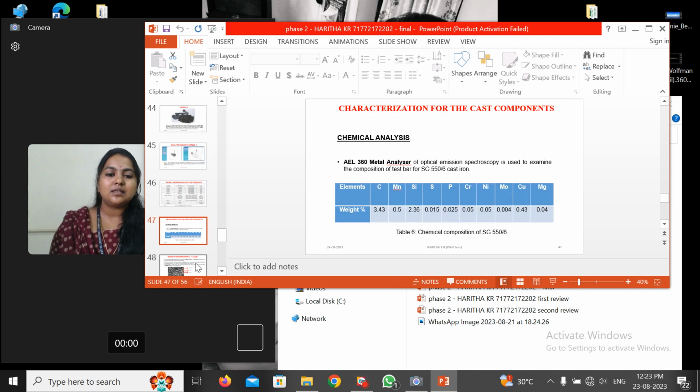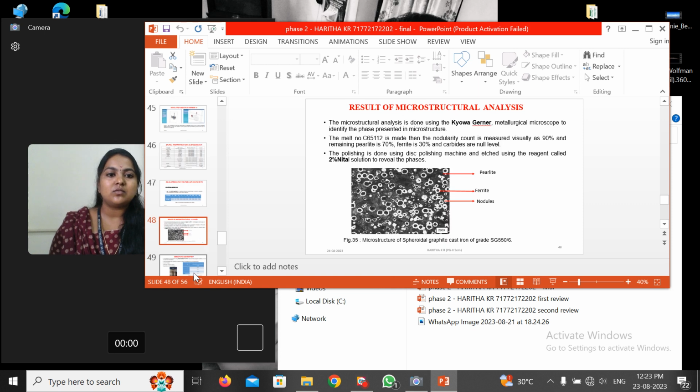Then this is about chemical analyzing. The AL360 metal analyzer for optical emission spectroscopy is used to analyze the composition of the material, which is tabulated, and the microstructural analysis is done using the metallurgical microscope to identify the phases present in that. The melt number C65112 was made with a nodular content of 90%, pearlite 70%, ferrite 30% and carbide at null level. The polishing is done using the disc polishing machine, and the reagent of 2% nital solution, which is 2% nitric acid and 98% ethyl alcohol, is etched